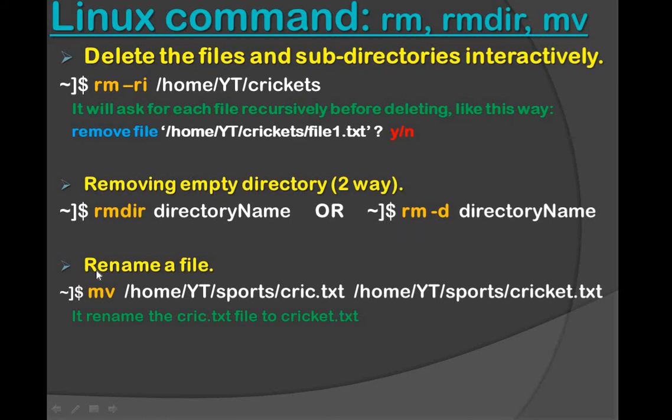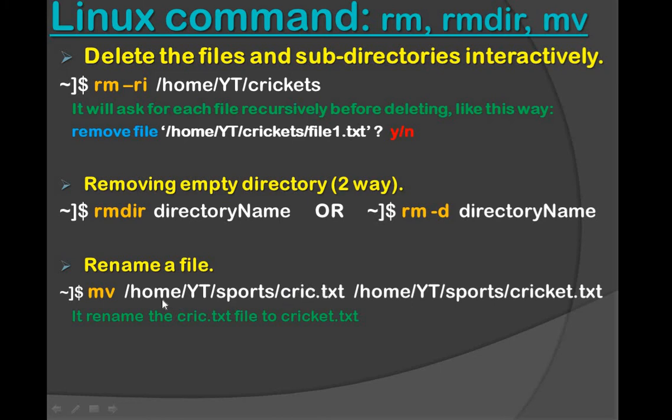Now let's see how we rename files. How do we rename files? We can rename files by the mv command. By the mv command we can rename files like this way. Suppose that we want to rename crick.txt to cricket.txt, then we can use it like this way: mv space, then the path of the folder where the file crick.txt is available,